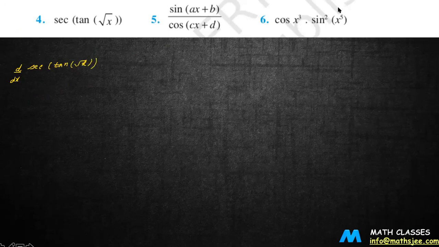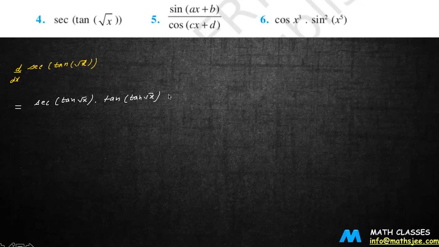अब यहाँ पे आपको स्टेप बाय स्टेप सारी चीजें करनी है, ठीक है? अब आप ये सोचो कि आपका सबसे पहला फंक्शन क्या है, sec, ठीक है? sec x का डेरिवेटिव सबसे पहले आपको लिखना है, ठीक है? विच इज sec x इंटू tan x होता है, लेकिन x के जगह यहाँ पे क्या आएगी, वी हैव दिस फंक्शन, तो आप ये फंक्शन लिखोगे. तो यू कैन राइट इट डाउन. तो चलो इसमें हम सारे स्टेप्स लिखते हैं. sec ऑफ tan root x इंटू tan ऑफ tan root x. So sec x into tan x, right?